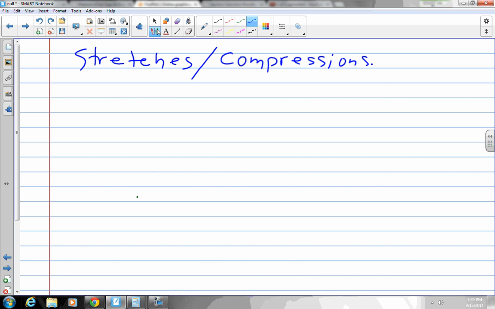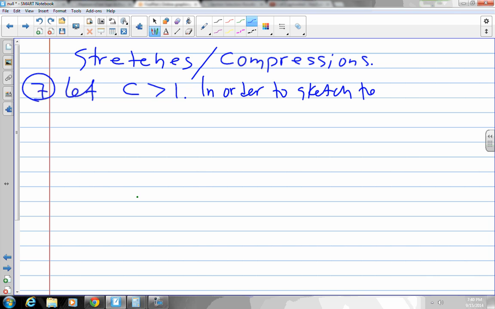So I'm going to write a new sentence. So that's rule 7. So first of all, let C be greater than 1. So not just that the constant is positive, it's actually bigger than 1. So in order to sketch the graph y equals C times f of x, we need